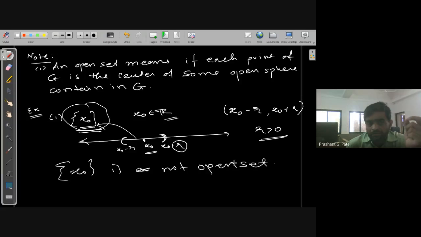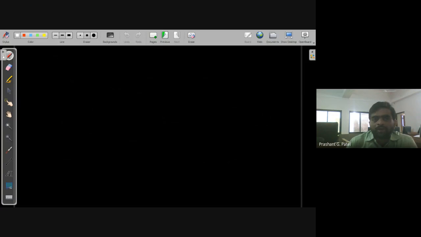In fact, why only one point? If I take 3 points or 2 points or finitely many points, then that set is also not an open set, because the same argument can be given. Let's say I have points x1, x2 up to xn, all belonging to R, which is a finite set.